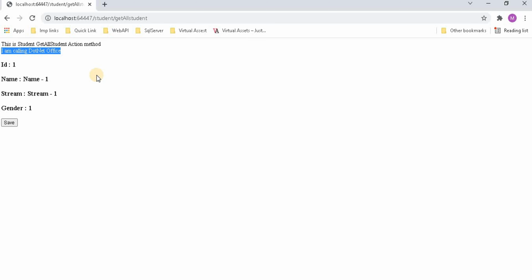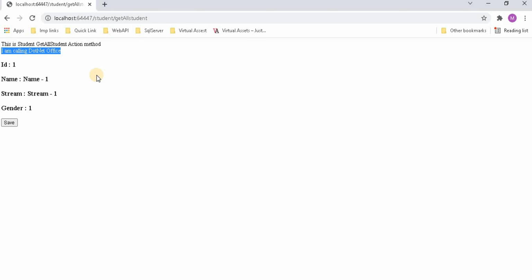Now next is session, cookie and the query string. When we use session, in the Startup.cs class, in ConfigureServices, we have to use services.AddSession.